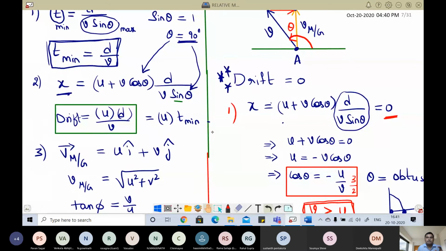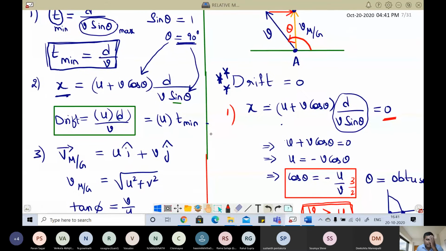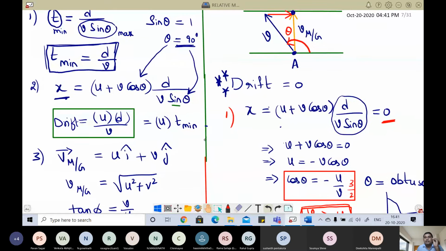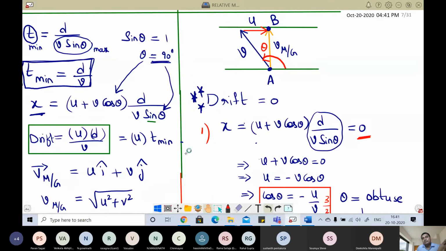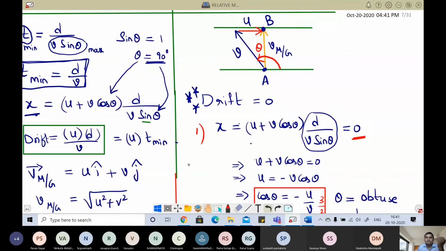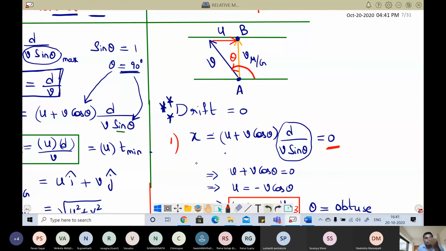Diagram method is very easy. If you can understand the diagram method and visualize the diagram every time for any problem, then basically you don't need these equations. I am telling these equations for those who cannot visualize the diagram, because we are used to equations. If you don't have an equation, we feel that there's nothing. Otherwise, everything can be achieved in the diagram. Even this one we can do by the diagram method, but since equations are there, I'm telling like this.